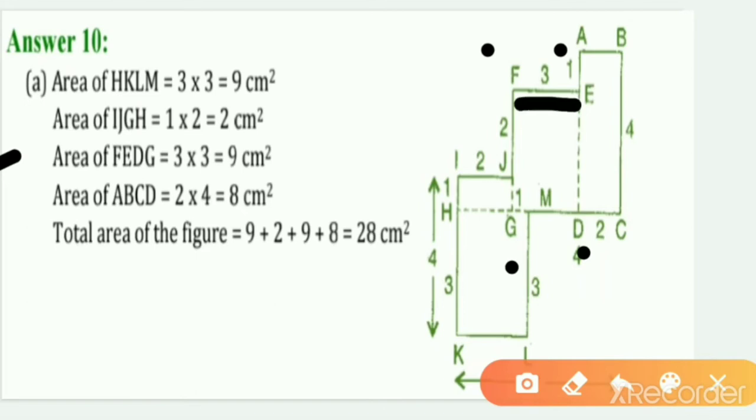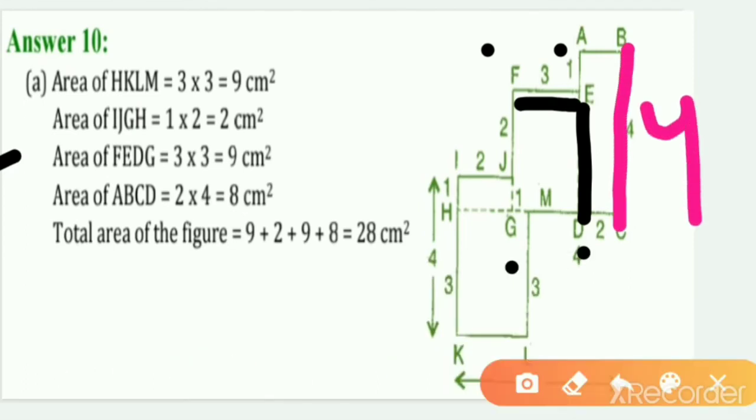Not become, I think it is already given to you. It is 3, and its breadth is also how much? You can look here. How much is breadth? It is 3, because you can see here this complete is 4, and this is this much, and this is this much. So if it is 1, then how much will be this? So 4 minus 1 will be 3.